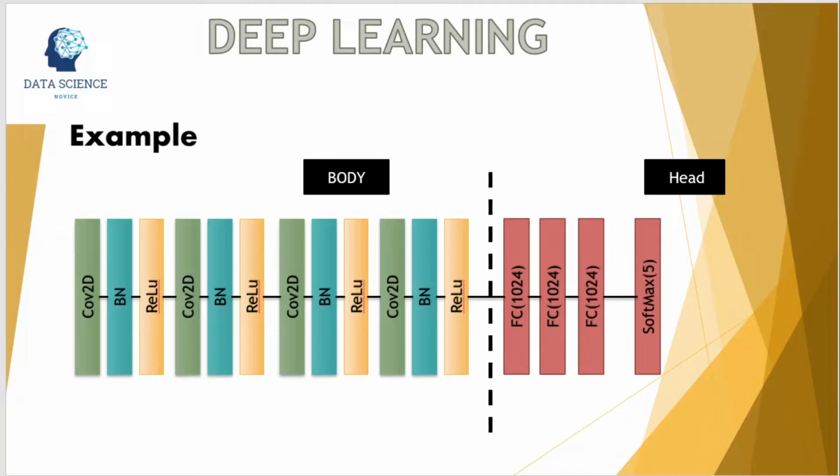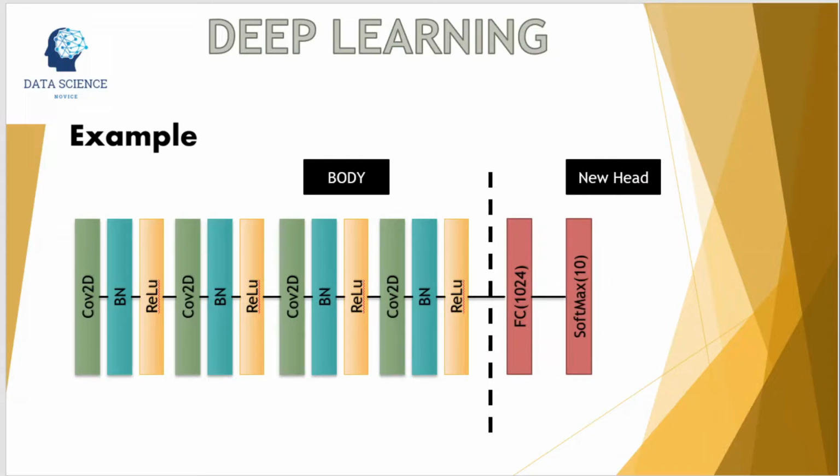Next, I would like to talk about flexibility in transfer learning. Not only can we add layers, we can change the network architecture according to our needs. For example, I can divide the network like this. So now we have redefined the head of the network, and according to that, we can change the head. So earlier we had 3 fully connected layers and a softmax function with 5 neurons. Now we have a fully connected layer and a softmax layer with 10 neurons.